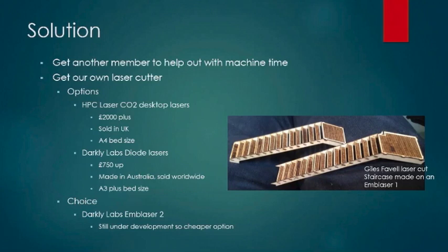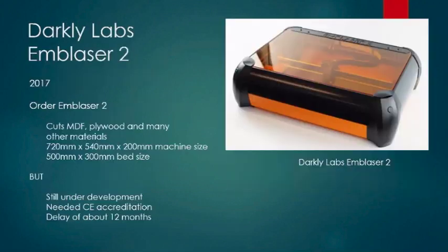At the time that we were interested, they were also doing a promotion on this other machine that they were developing. They were developing this Emblazer 2, which was still under development, but they were offering a significant discount on it. So Tony and I ummed and ahed about all this, and in early 2017 we decided to pool our resources and our money and buy an Emblazer 2,